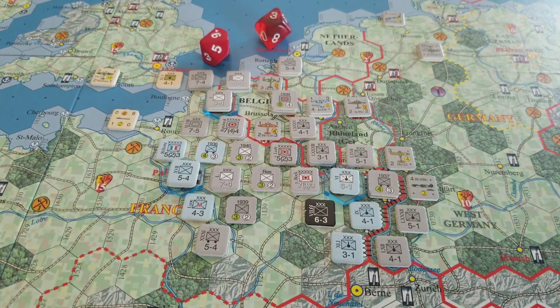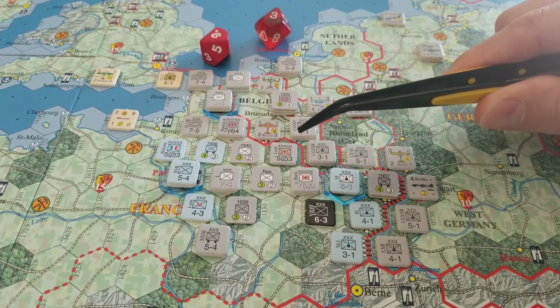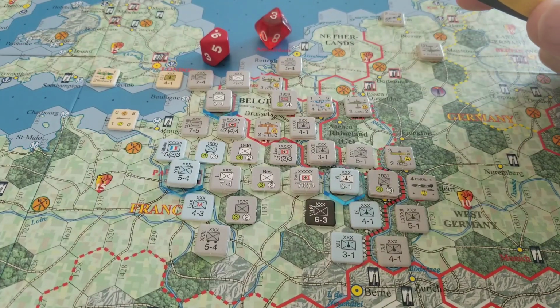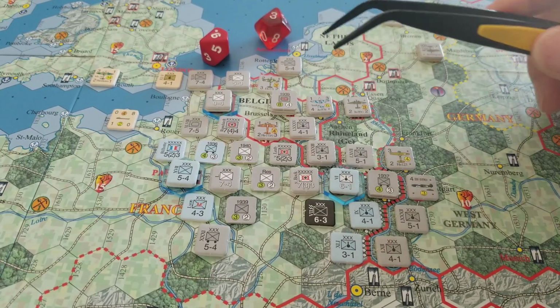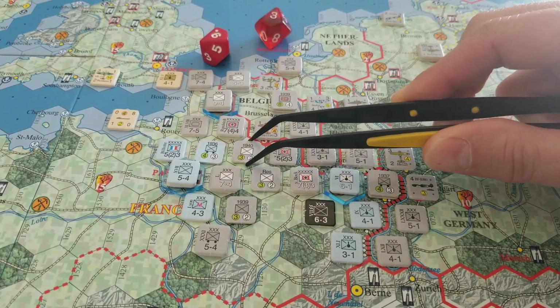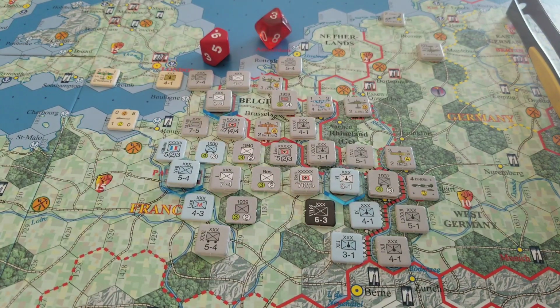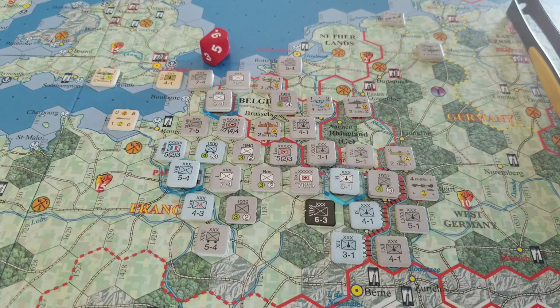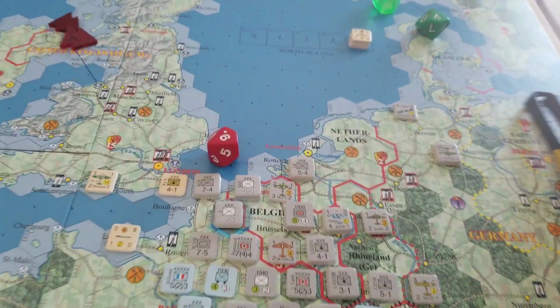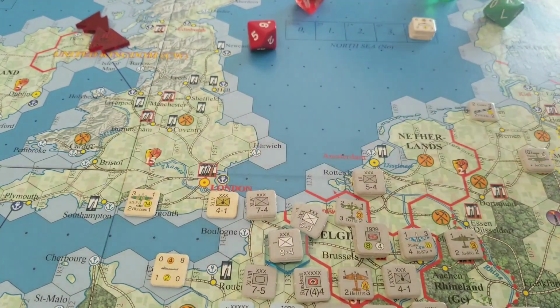Let's see if... I'm not going to reorg this time. I might do that next time. Yeah, I think I will wait. What is this guy? That's a 7. I think I will wait to do the reorg just because I kind of want to get this impulse done. So let me roll. If I roll a 1, then the turn's over. All right. And that would be a 9, so